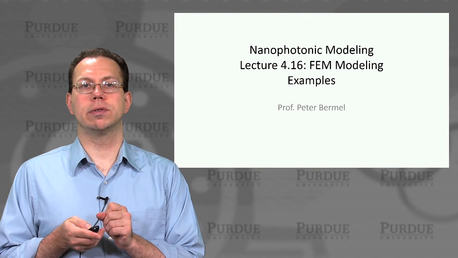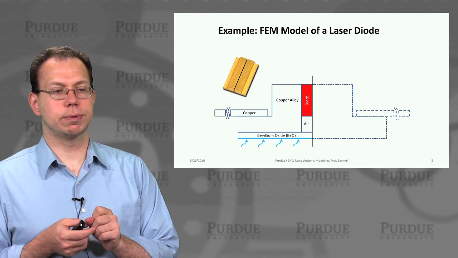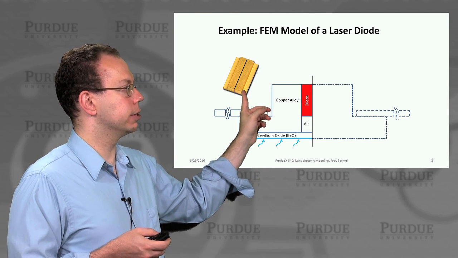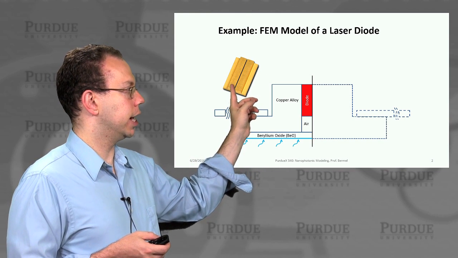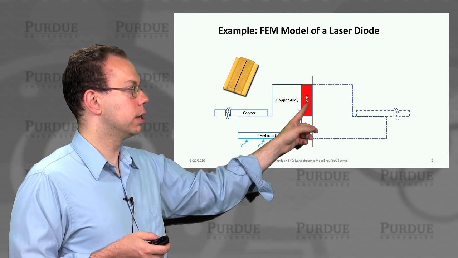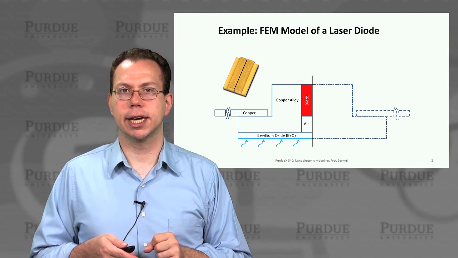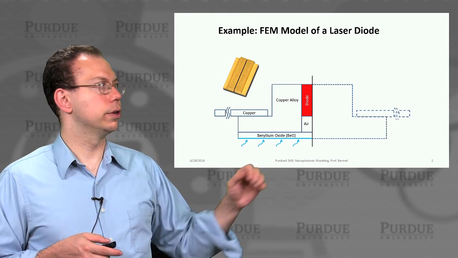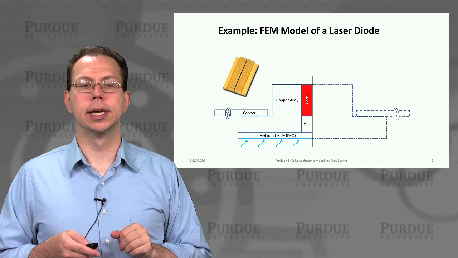Okay. And so now, with that in mind, we're going to move on to solve a specific problem. In this problem, we're looking at a laser diode. This is the picture of the laser diode in the upper left-hand corner. You can see the diode itself is along these lines. And then we have basically a copper alloy right here. Then a small gap between the diode and air. And then we have a heat plate made out of beryllium oxide. And then we reflect the whole system to the right-hand side through a symmetric boundary condition, like a mirror plane symmetry, like we had for the photonic crystals before.